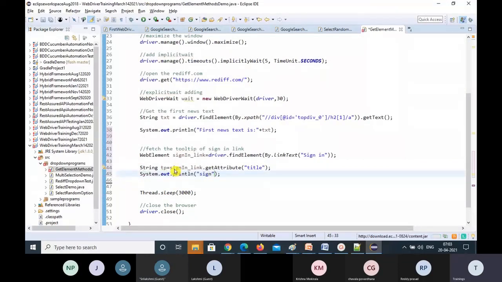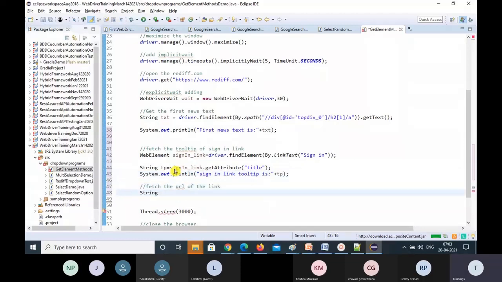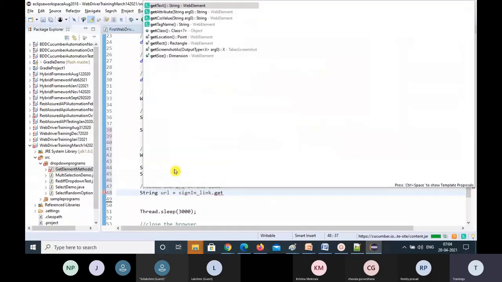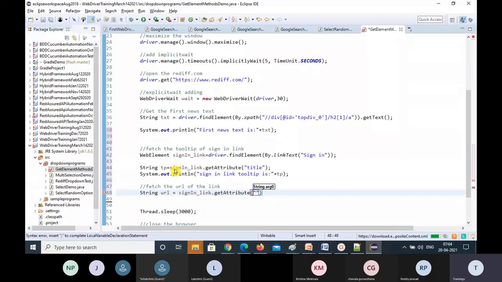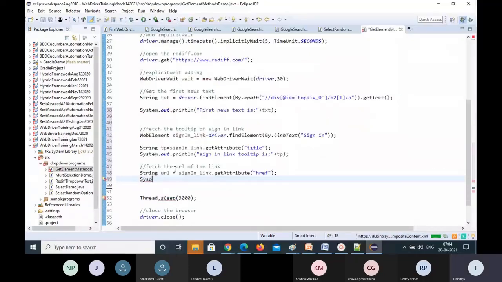So sign in link tooltip is, so fetch the URL of the link. String url equal to signInLink.getAttribute of, which attribute has the URL of the link? href. So if you have all these things in hand, it's easy to code. So sign in link URL is